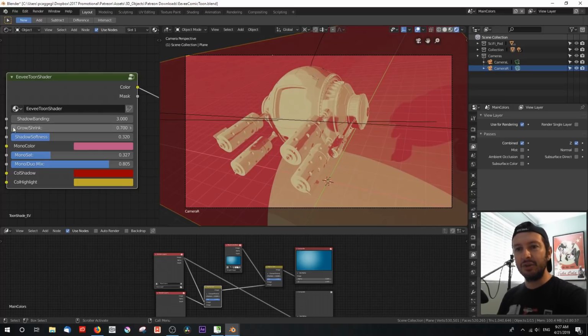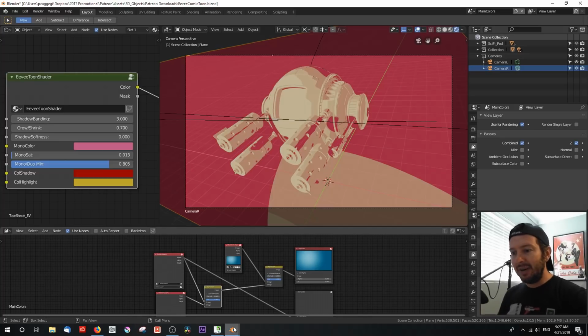colors. You could still grow and shrink those a little bit. You can soften the shadows right up or have them really, really hard. And then I had a monocolor and a duotone setup where you could mix between the two, all right? Also, there was no real rim lighting because it was a shader that could interact with the lighting setup that you produce. And so if you wanted a rim light, you just set up another light and bang, you got